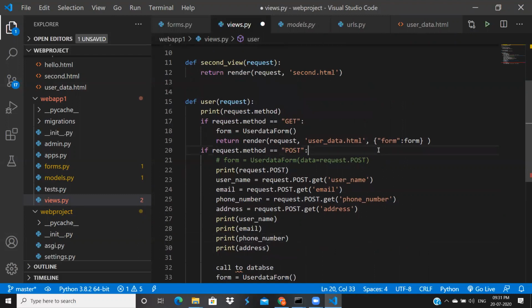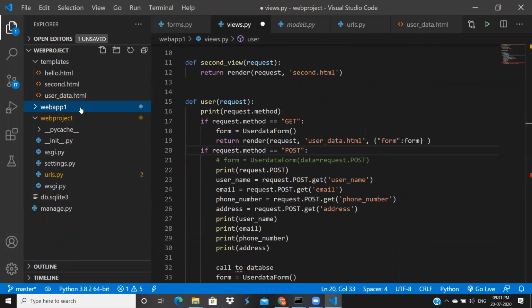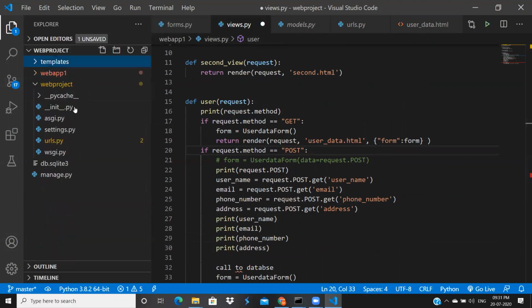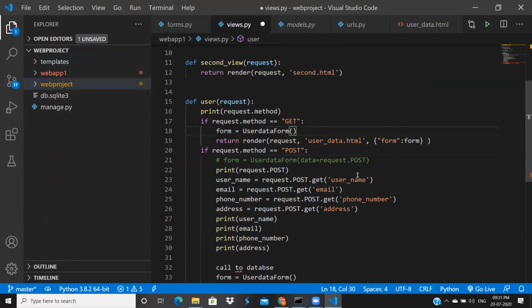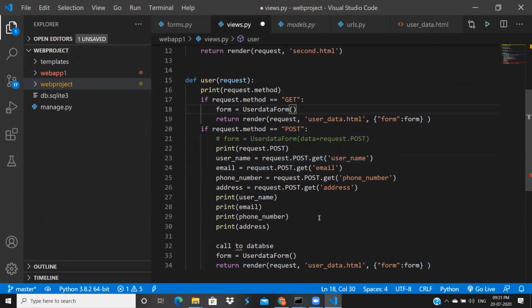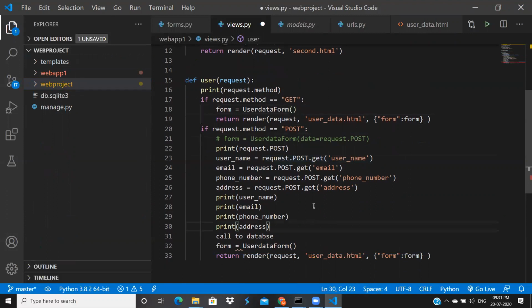If you get any errors, or if you want me to repeat any topic till now, I will take that session tomorrow. If you face any difficulty, let me know. We will discuss that more. Why? Because this is a mandatory thing. In any project, you will have forms, databases, and tables. So this is a mandatory thing. You can't skip these things. If you want to master Django, definitely you have to do these things.